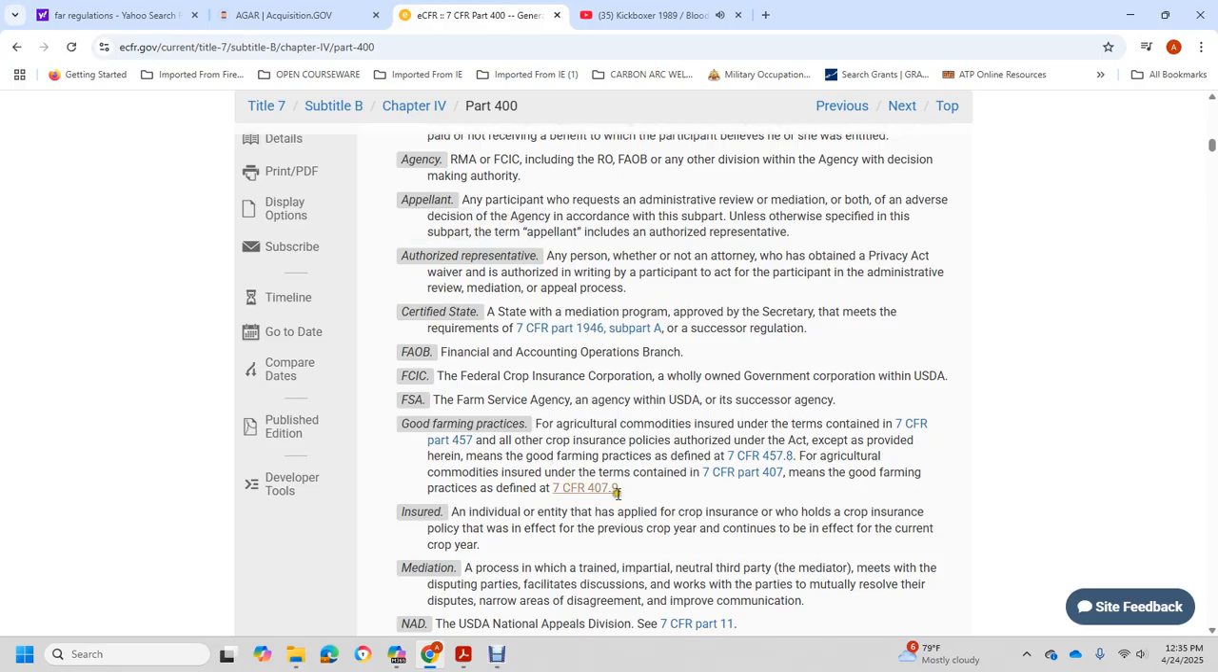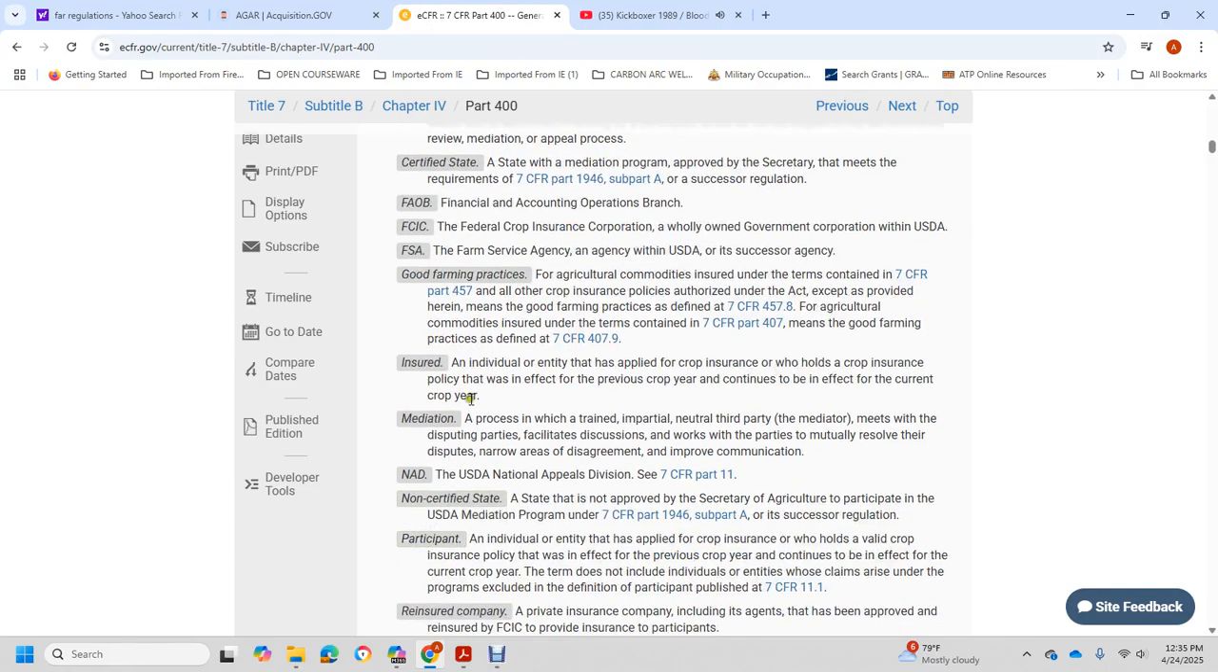Insured: an individual who needs to apply for crop insurance, who holds a crop insurance policy in effect for the previous crop year and continues in effect for the current crop year. Mediation: a process for training, with an impartial, neutral third party mediator for the disputing parties, to facilitate the discussion and work with the parties to mutually resolve the dispute, narrow the disagreement, and improve the modification. USDA NAD: USDA National